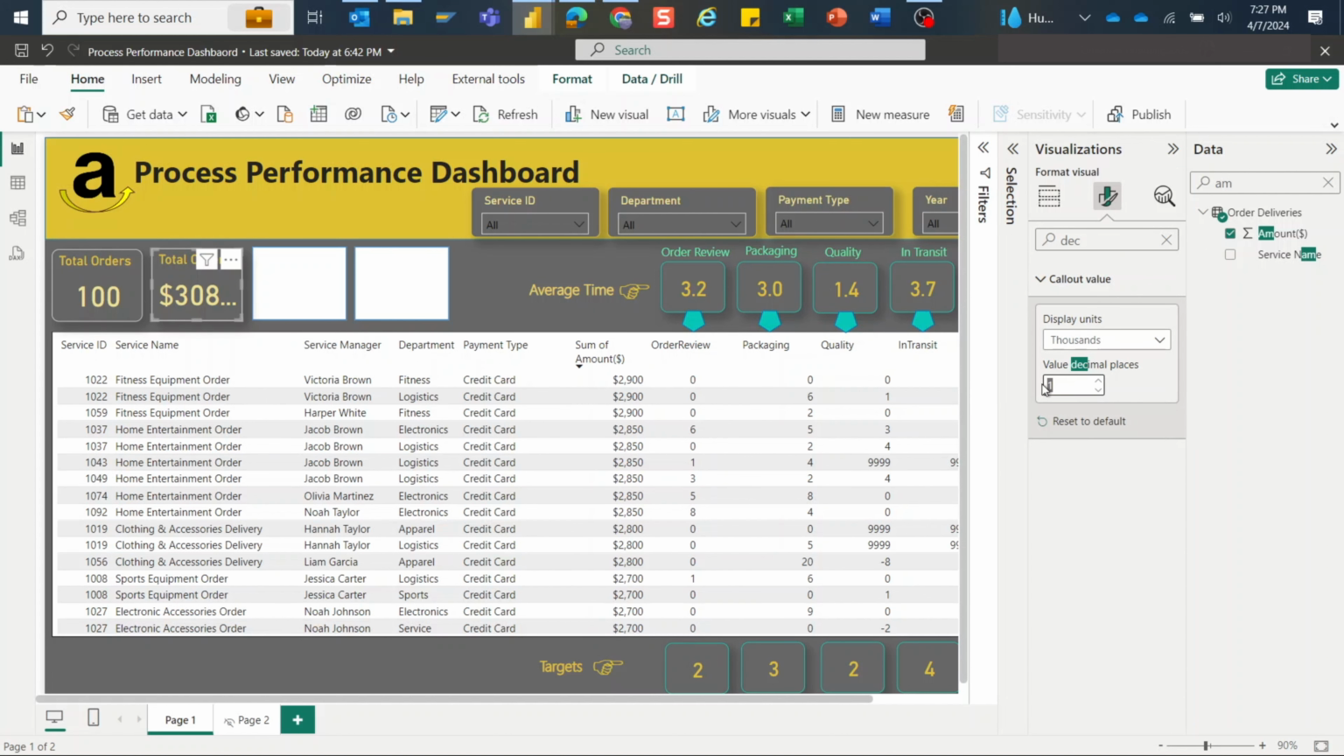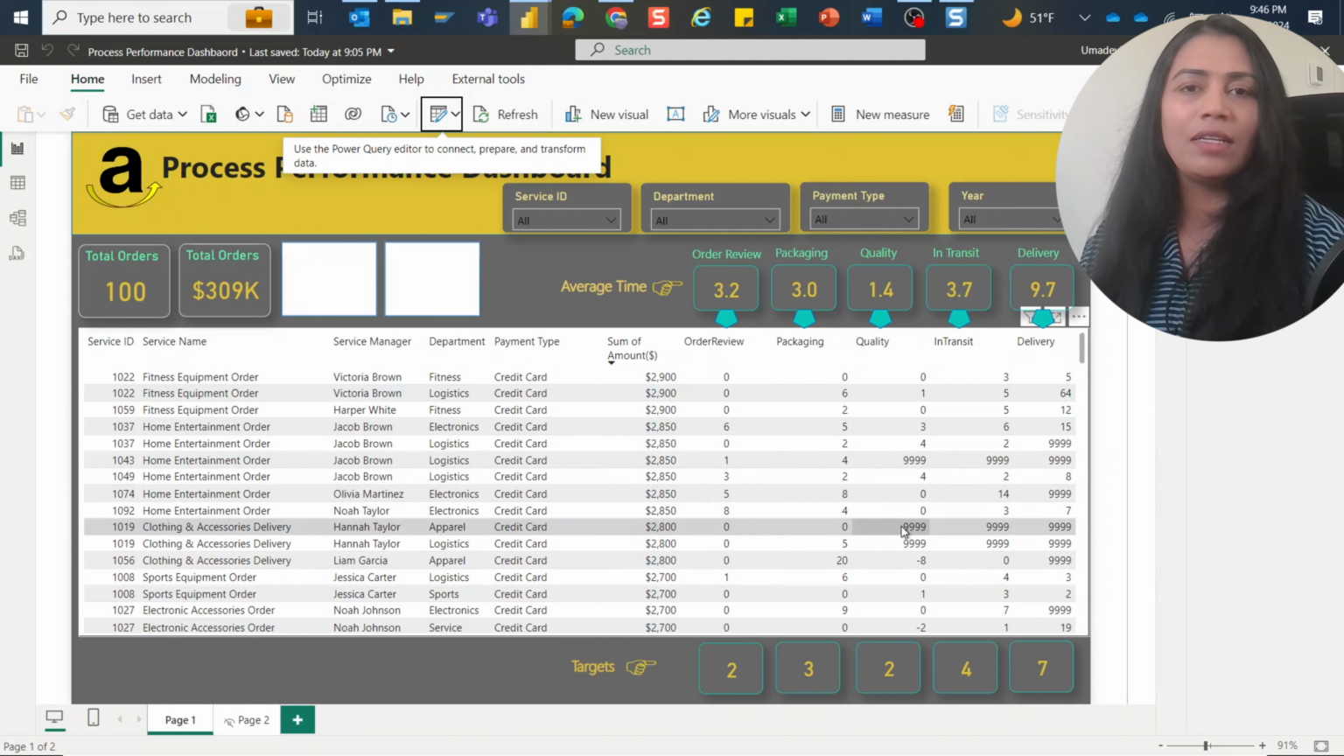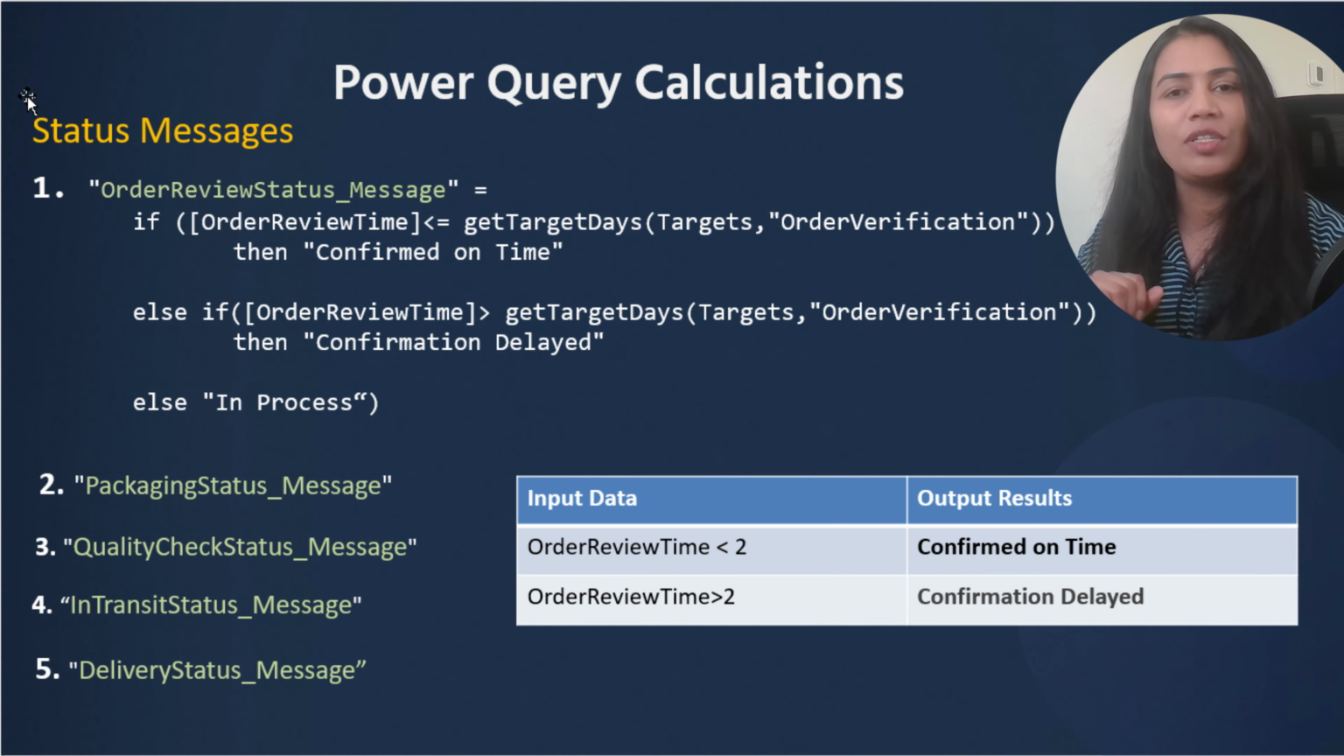Now moving on to the table. Right now, this table is displaying processing times in days. It may not be delivering a clear message to the user, whether the order has been delivered or not, and what its status is like in each stage. For that, let's look at the next set of calculations to derive the status messages of the order at each